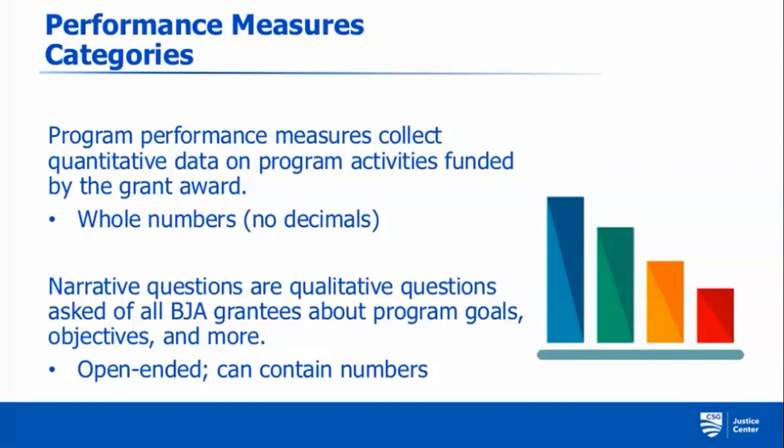The quantitative data you report is used to establish baselines and track performance against your program goals and create a nationwide picture of numeric data for BJA. The narrative questions, being open-ended, give you as a grantee the chance to express in your own words how your experience has been. Both of these categories are equally important for your reporting, and really just take every possible opportunity to ensure the accuracy and integrity of your data. So next, we are going to go over the specific types of reports.